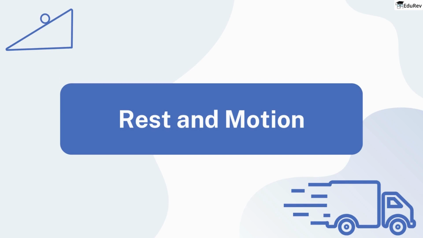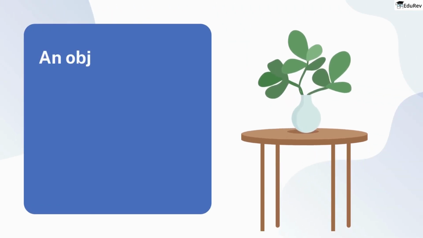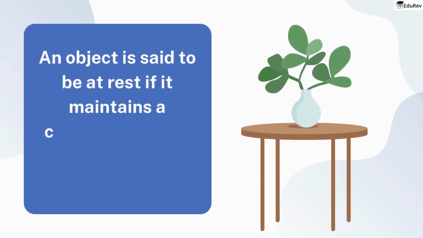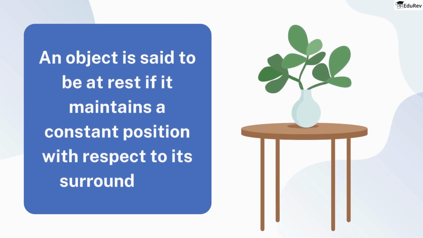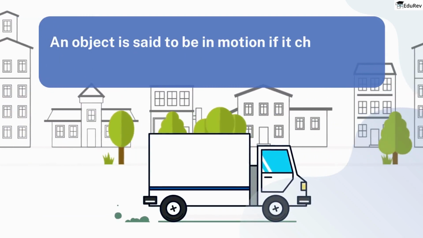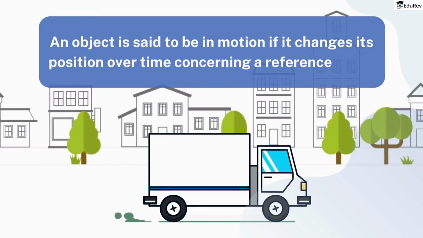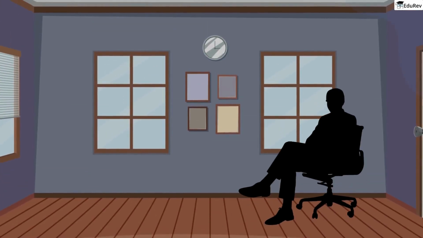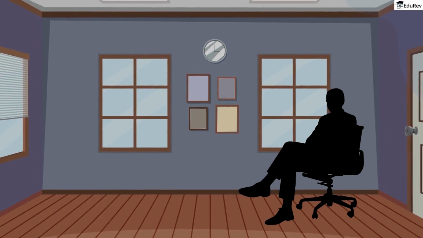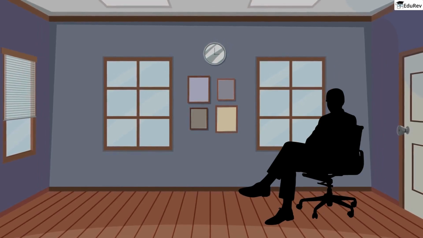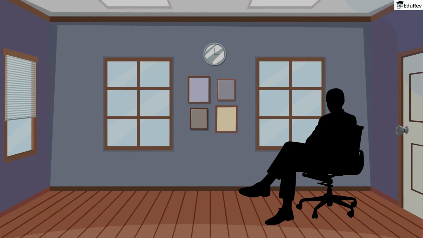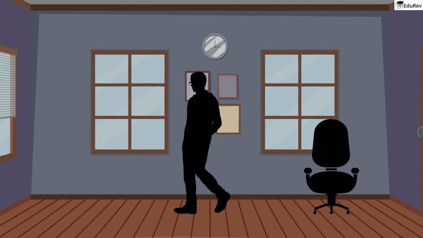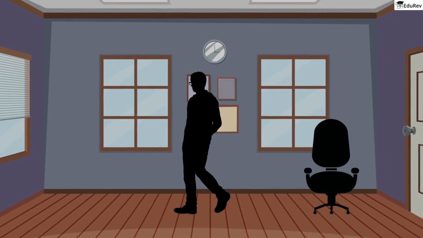Rest and motion are fundamental concepts in the study of physics. An object is said to be at rest if it maintains a constant position with respect to its surroundings, while an object is said to be in motion if it changes its position over time concerning a reference point. For example, consider a person sitting in a chair in a room. The person is at rest with respect to the room as their position does not change over time. However, if the person stands up and starts walking, they are now in motion concerning the room, as their position